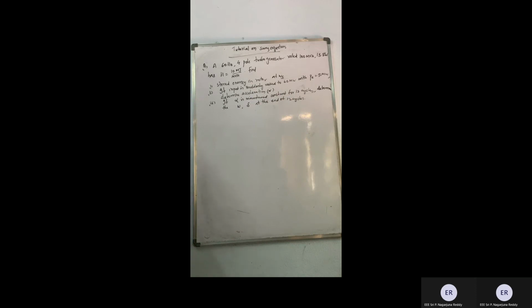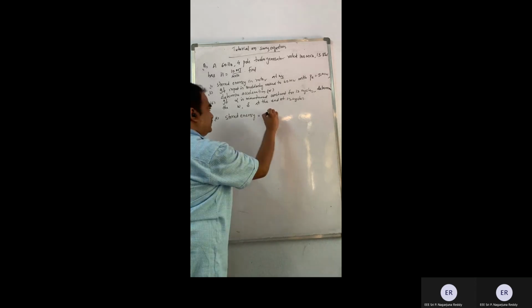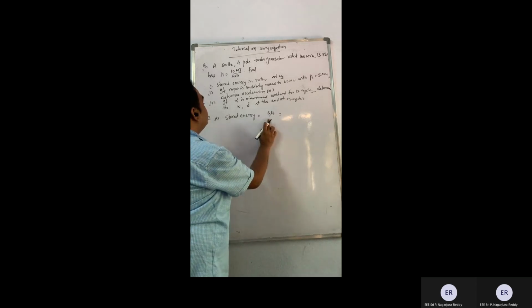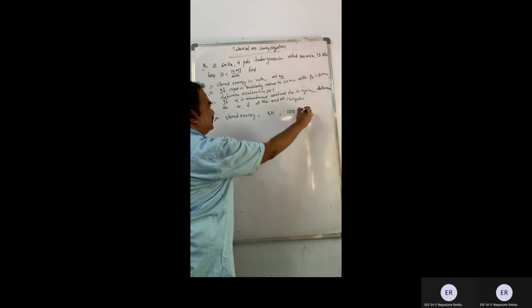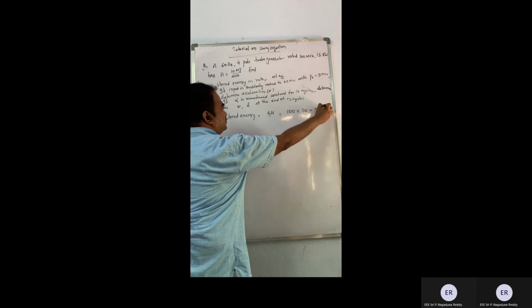Okay, so now let's see how to find this using swing equation. So case number 1, stored energy. What is the stored energy in your machine? I have already given this many times. The formula is very simple. It is G into H. G is already given for you. The rating of the machine is 100 MVA into H, the inertia constant, 10. So the stored energy will be 1000 megajoules. Isn't it? This is going to be 1000 megajoules.